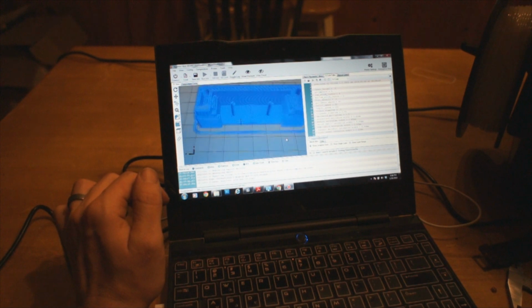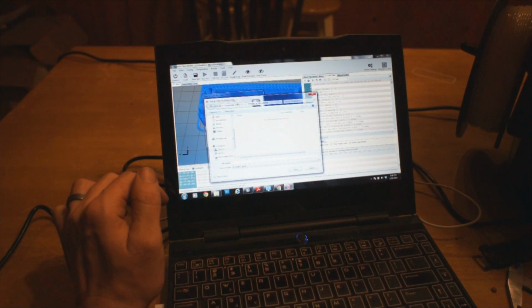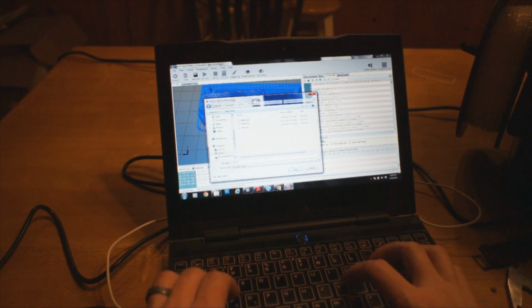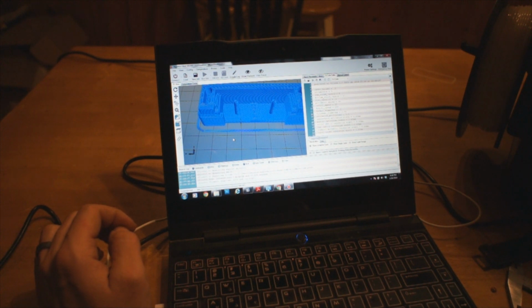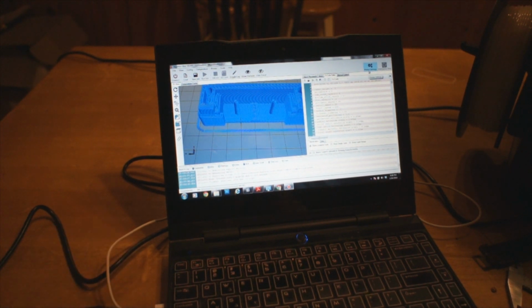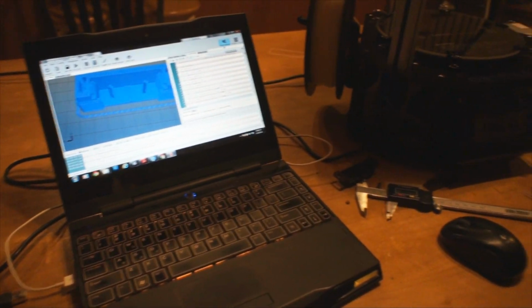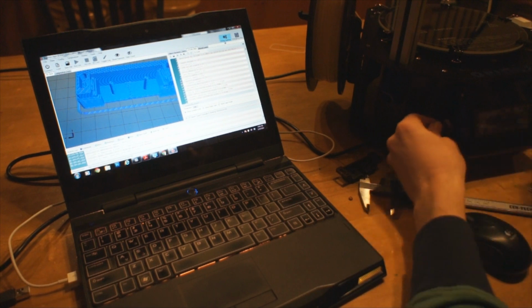At this point, all I need to do is go ahead and save the job, and I'm going to save it to this SD card. So let me just go here to the SD card under G-code, and I'll just call it, I don't know, wood, SH for wood shelf. Alright, that's saved, and now we'll bring that over here to the printer. Just back this off here a little bit. So just put the SD card in the printer,